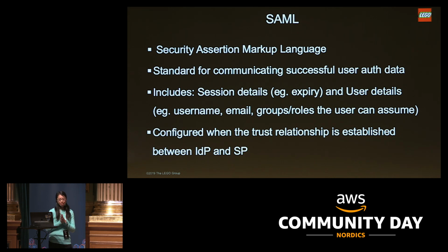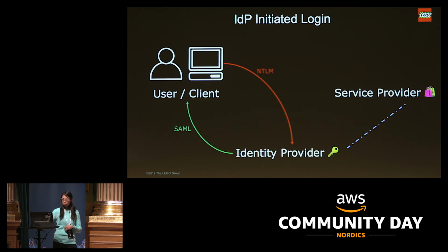So it includes things like session details, how long you're recognized as being authenticated for, and some other user details that the service provider has requested. So it could be your name, email, any other things that the identity provider already has on you. And yeah, that list is configured when the trust relationship was initially set up. So on a successful authentication, you get the SAML assertion back. This is then passed to the service provider,